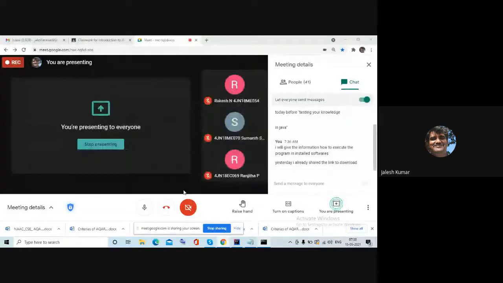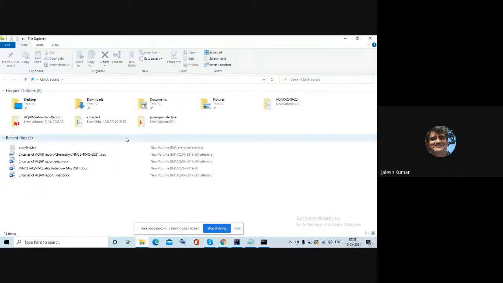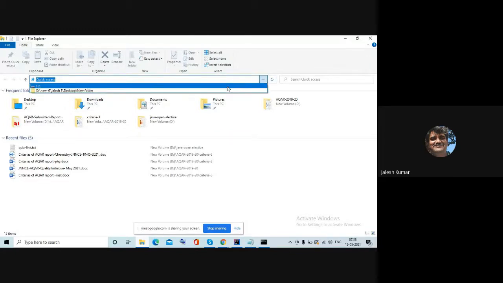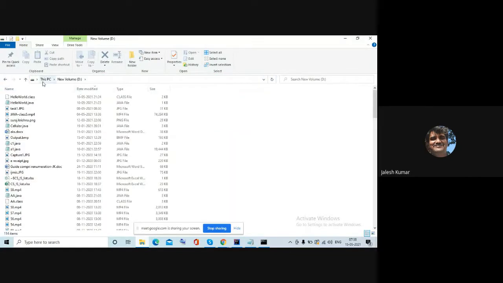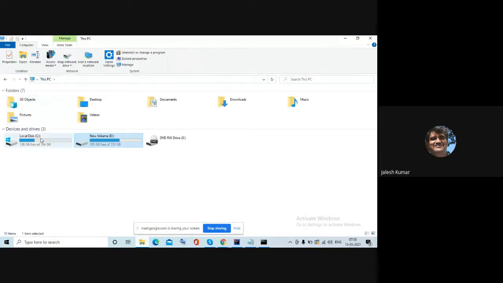Okay, screen is shared now. So what you have to do is first install Java, and after installing, I'll show you where normally that will be. You can specify the path, or if you are not specifying, by default it will be